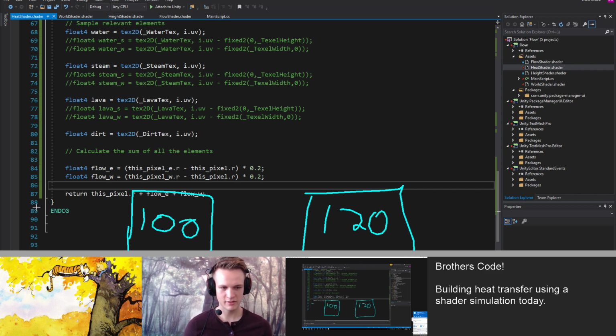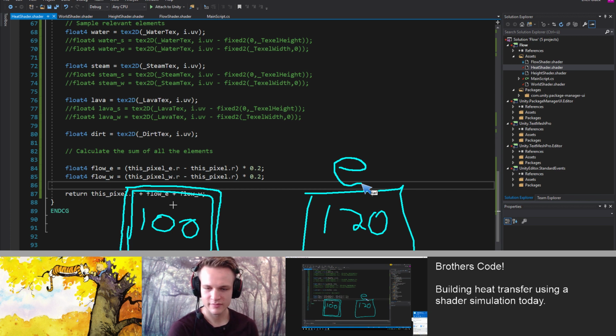Break out my pencil here. So let's say this is this pixel, and this is east. East minus this is negative 20, times 0.02, and then this adds negative 20.